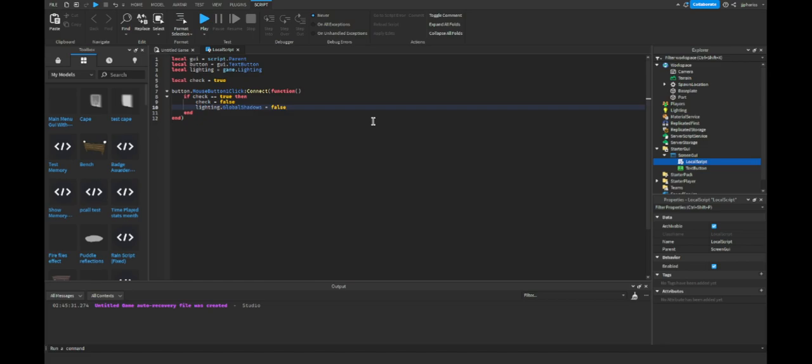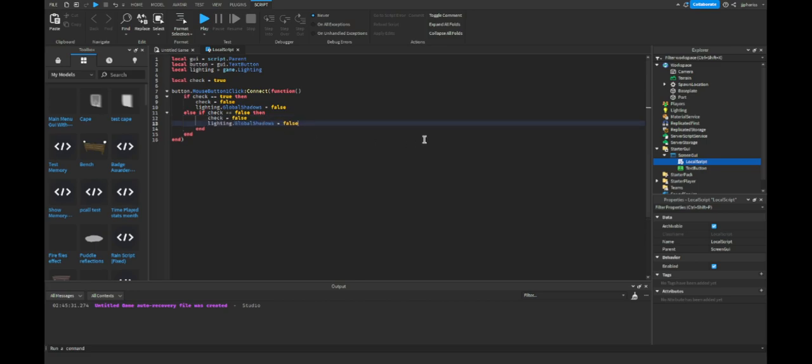Now after that, we'll have to do an else if statement. Now since we added it to false, then we're going to do this. So else if check equal false, then we're going to run this part. And what this part is, it's basically the same thing we already did, but at this point we're going to do the opposite. So basically, you can copy what you just made,